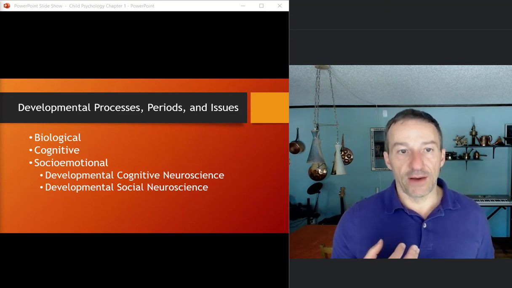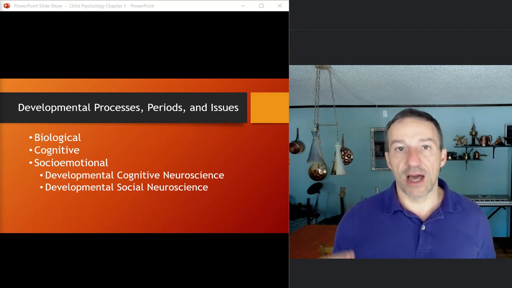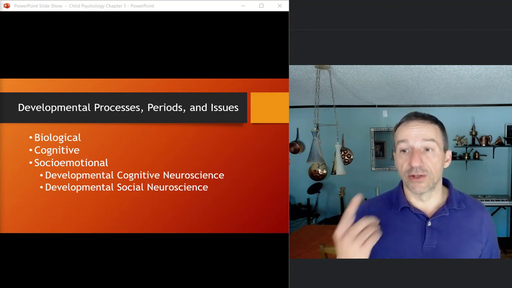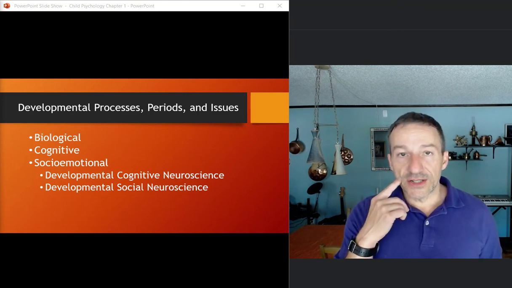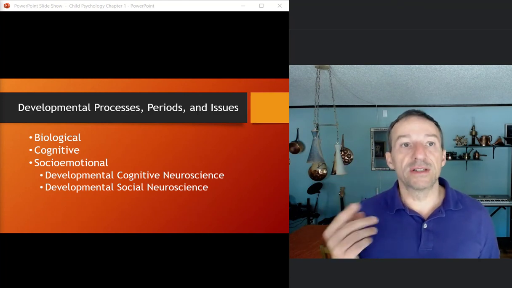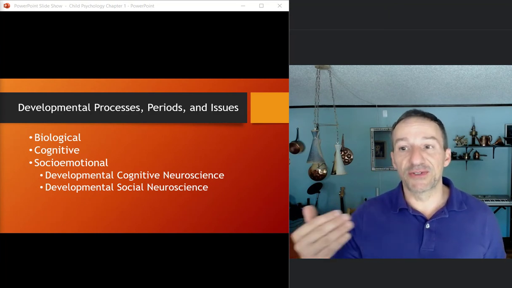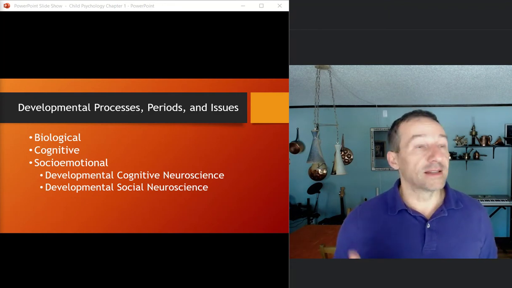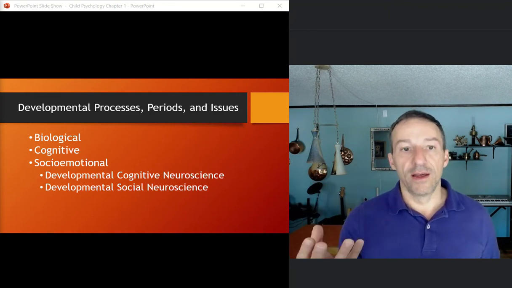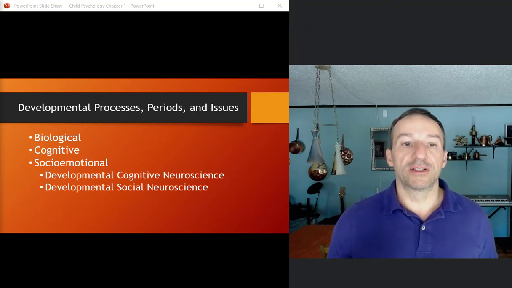As an example of this, a child smiling in response to a parent's touch. That includes all three of them. So there's the biological: you touch the child's face. Cognitively, they understand that you touched them with intention, that you meant to touch them, and then they do the social emotional thing, which is to smile in response to your touch. It's an interplay, a going back and forth, and it's those three processes together that a lot of developmental psychologists will look at.